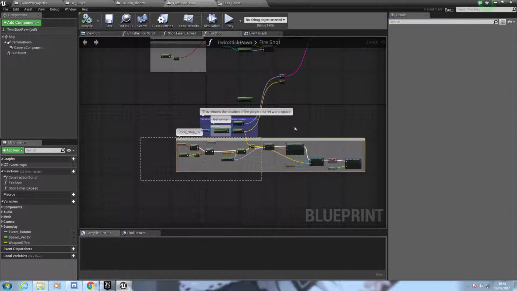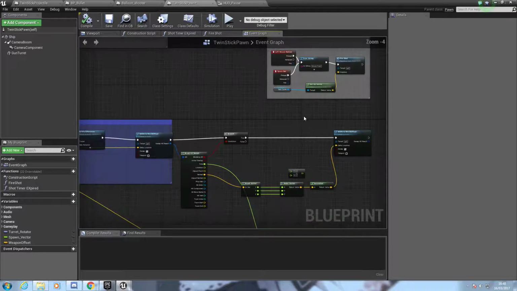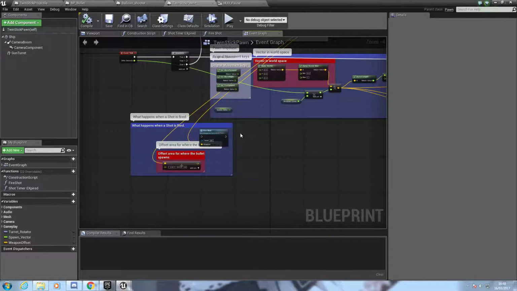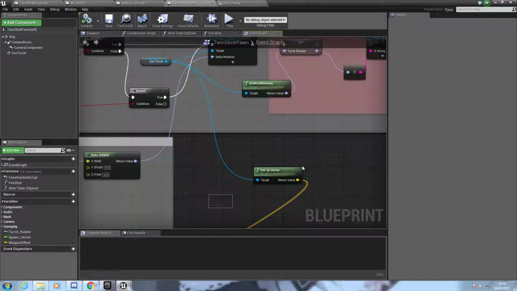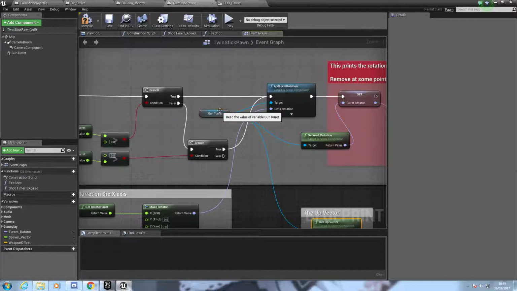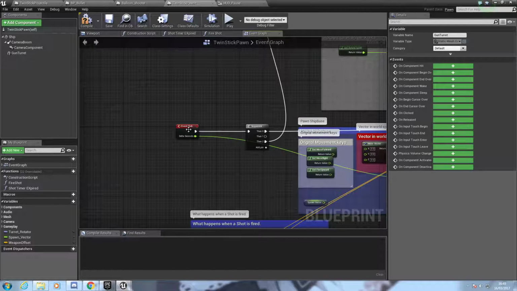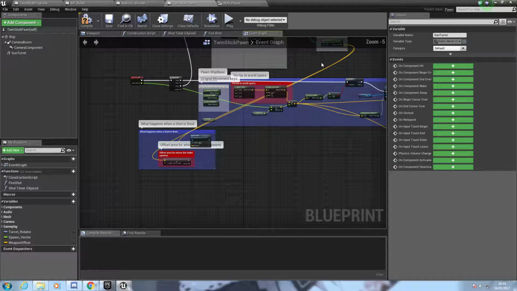If we want some more functionality later, maybe some of this would be useful, but I'm not too sure. One thing you are going to want to know, again, is the direction of the bullet gets taken from this vector over here. So get up vector. This is the godsend which I've been looking for. What this does is it gets the up vector from the gun's rotation in time. As you can see, it's an event tick. Once it gets that vector, when the shot's fired,